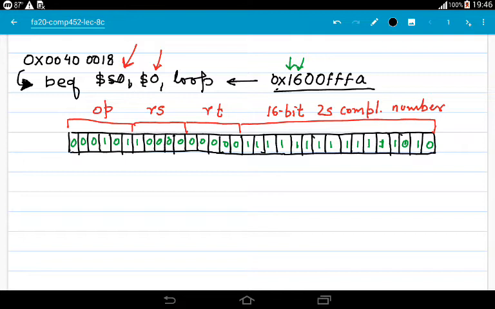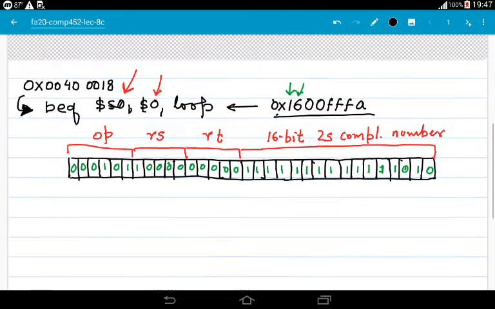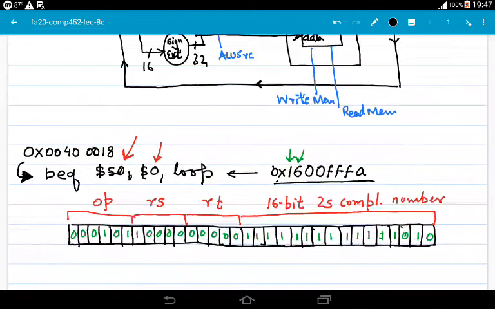By the way, since RS is 1 followed by 4 zeros, it is register 16, and RT is register 0. So it presents the register numbers to the register file,